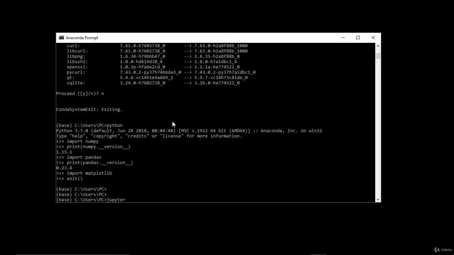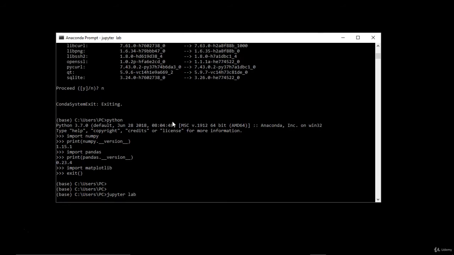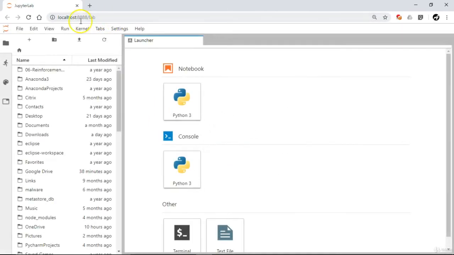So I am just typing here jupyter space lab and it will internally start the Jupyter notebook server only. And automatically this lab will be opened at localhost:8888/lab. Now many times I have already started this server and I have already given a password, so that's why it has not asked me for the token or password again.